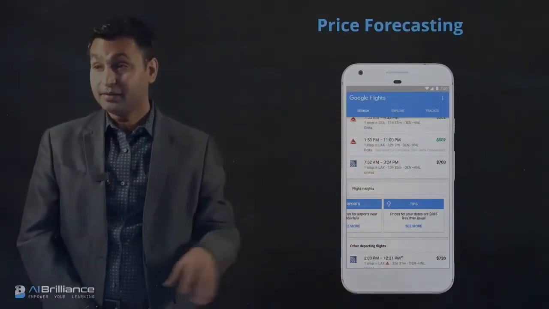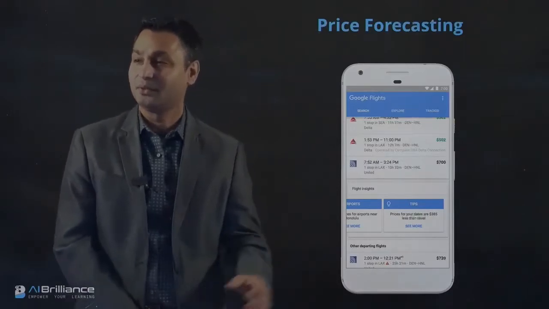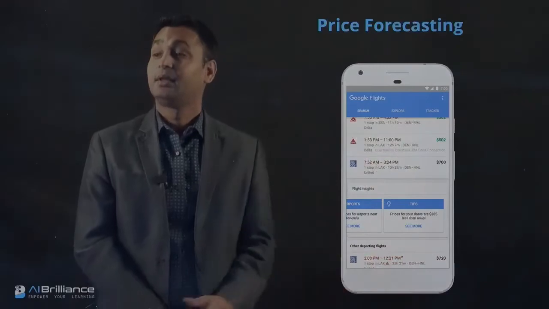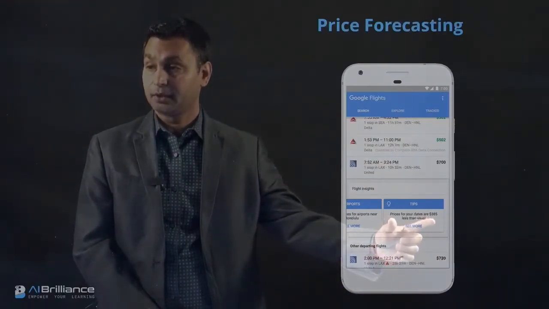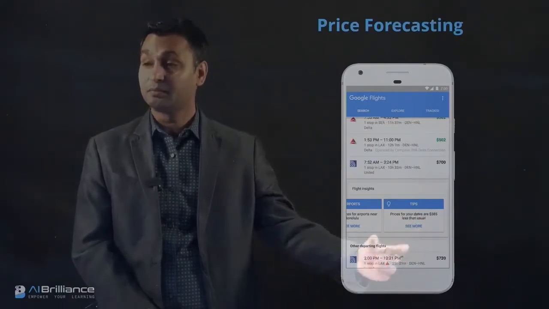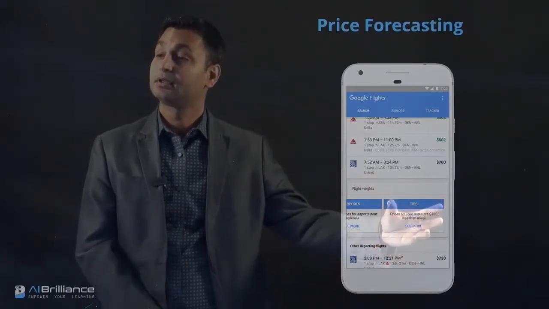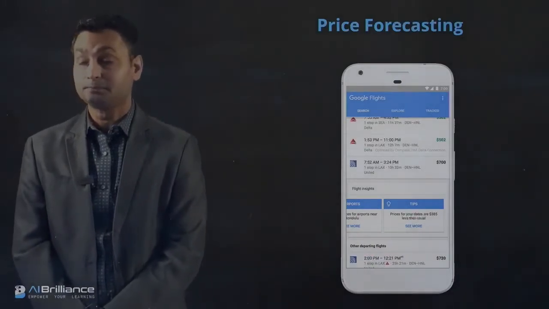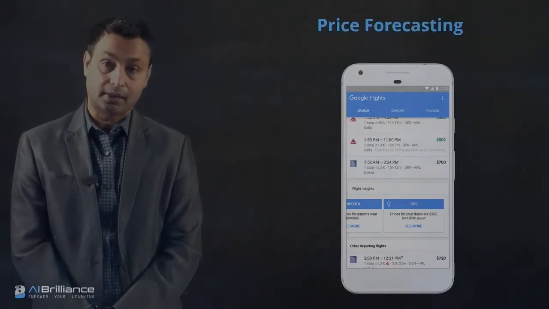Here is Google Flights. Google also has its own forecasting algorithm. Google also makes money by referring different customers, and they also have this forecasting algorithm. So the prices for your dates are there, and that is less than usual. They are forecasting that it's a lower price, maybe you should buy now. This tip is suggested by a forecasting algorithm and displayed to the user to help them make an informed decision whether they should buy a ticket right now or not.